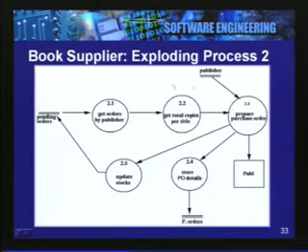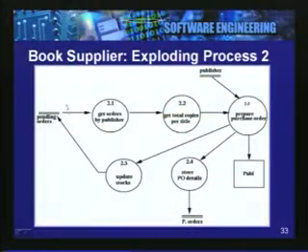Now, we are exploring process 2, which was shown in the previous data flow diagram, where we are preparing the purchase orders for the publishers. So, what are the sub processes of process 2? Those are shown here. We receive the pending orders, and now the first thing we do is collect these orders